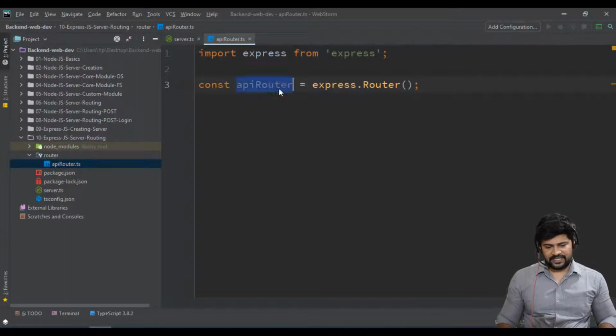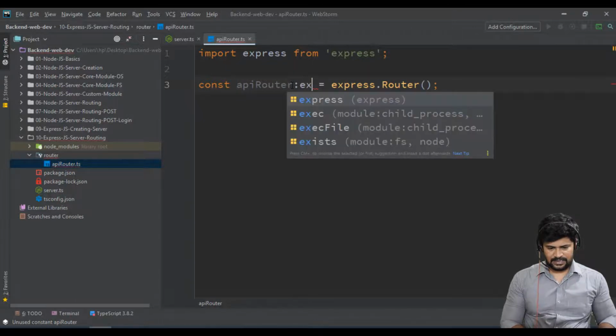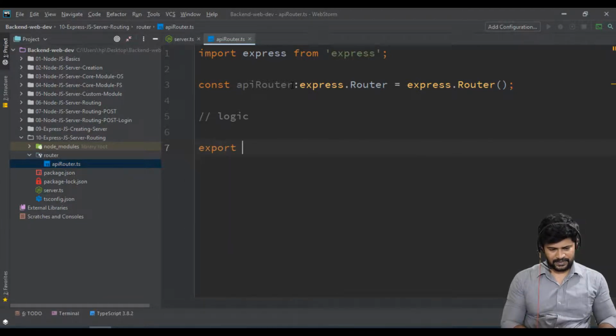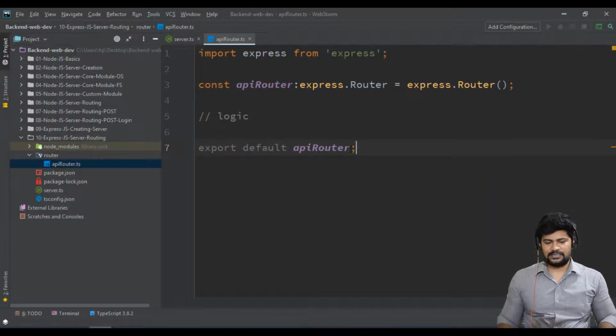We can even specify the type of it. This will be of type express.Router. That indicates the router, and here you are supposed to write your logic, and then you need to export it. How you export is export default API router. That's all. And here you have to write the router specification logic.